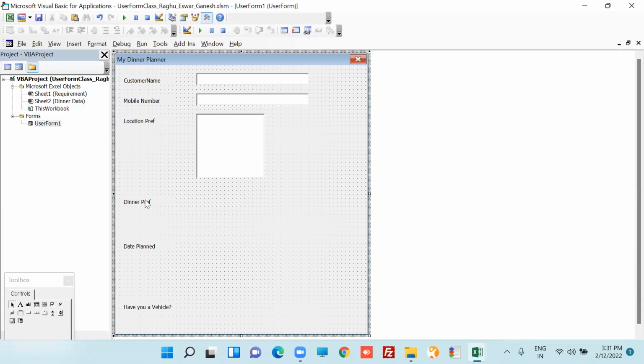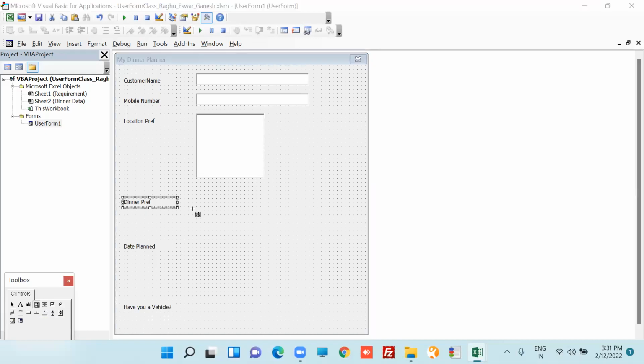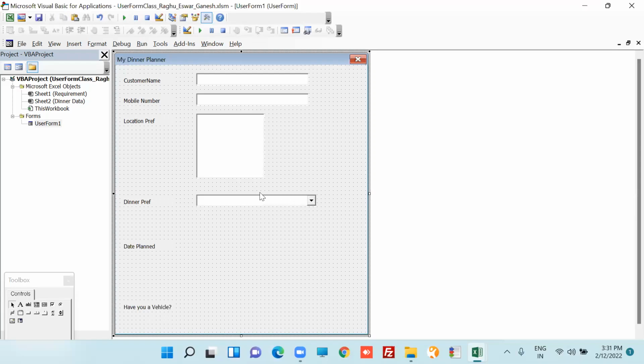Then dinner preference. In dinner preference, I can take this combo box. So placing it here, whether you want any, because everything will get covered here. Now I am taking these check boxes. So the first checkbox,